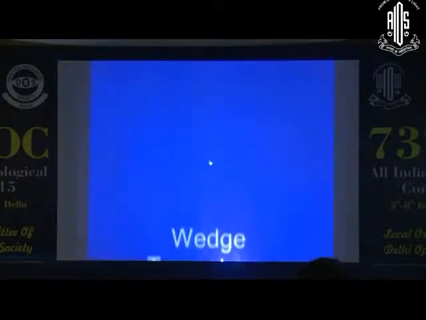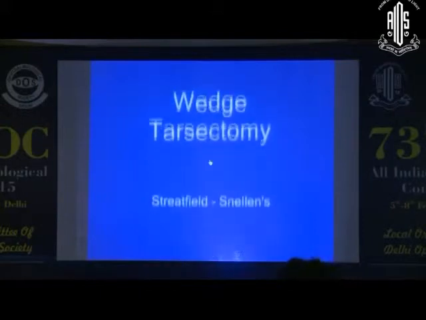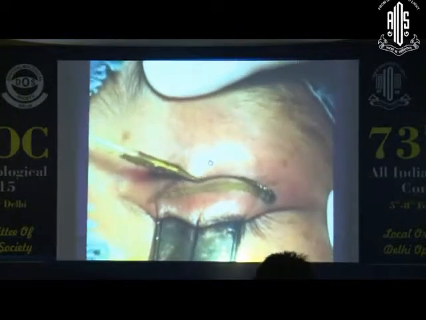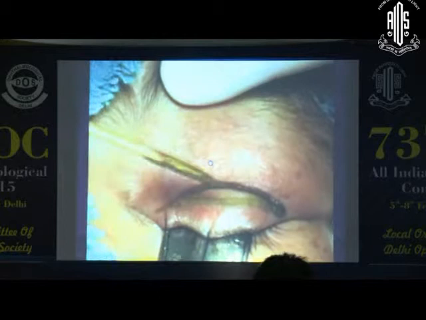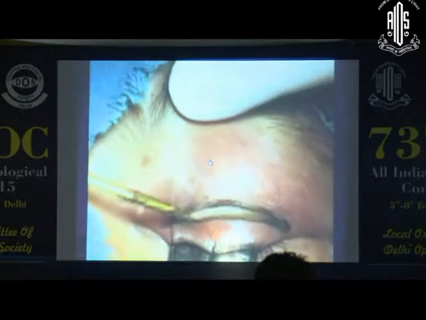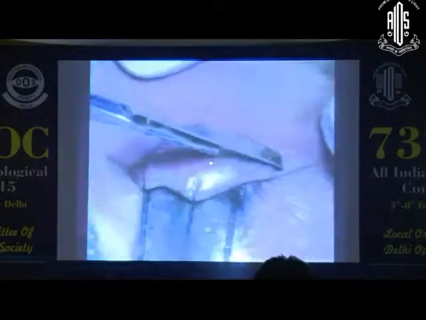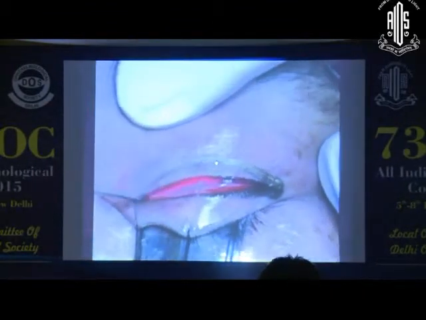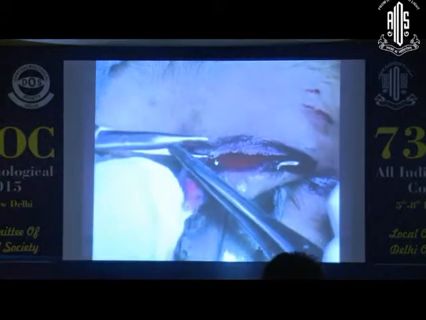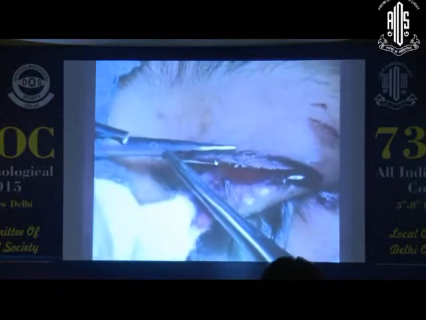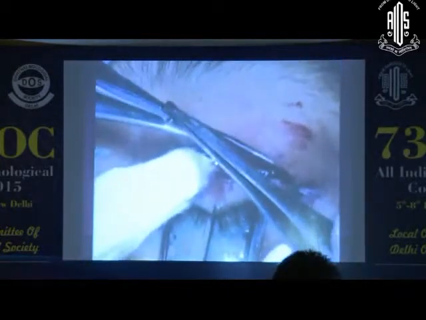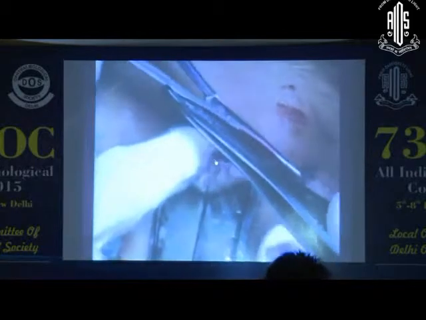So this is a video film on a very commonly performed operation, wedge tarsectomy, also known as Streatfeild Snellen's operation. There are modifications. So this is the lid stressed on the lid spatula. I am directly marking the superior lid clear incision and elliptical skin removal incision in the beginning because later on it is difficult. So this is the skin muscle incision and removal of the spindle shaped skin muscle from the upper part, because later on it is not so nicely removed.